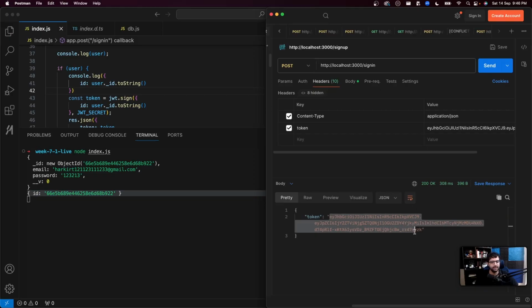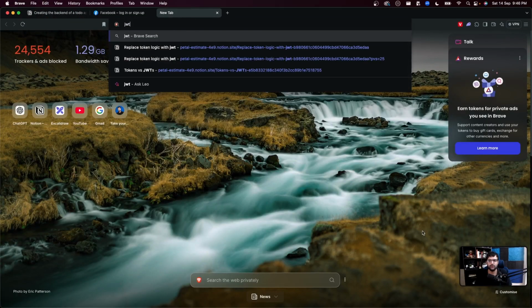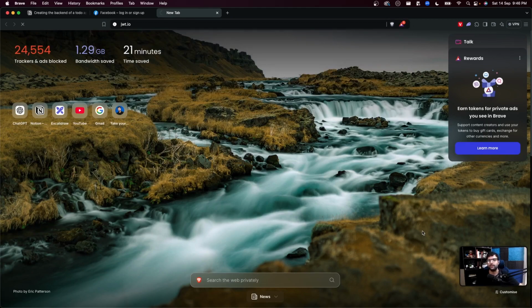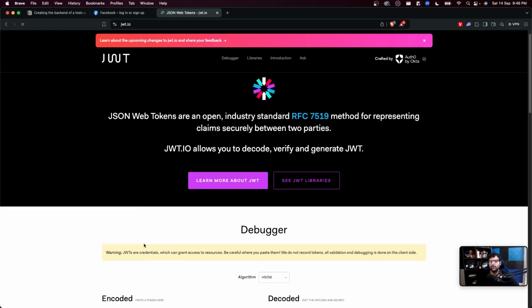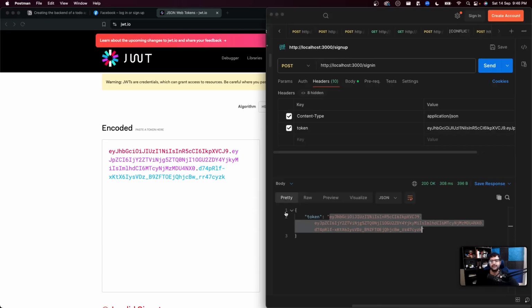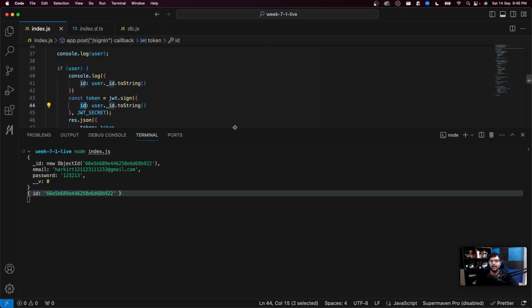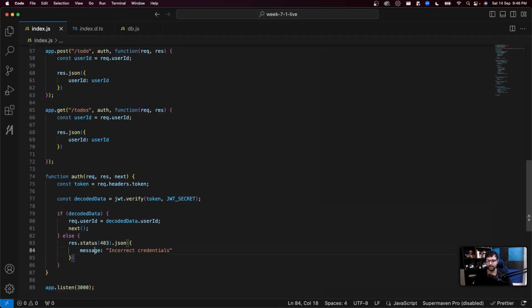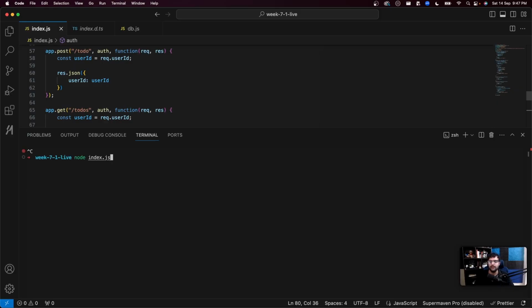Let me open the JWT on jwt.io and see what it gets decoded back to. And if I paste it over here, it returns me the ID. So everything is fine. What did I encode? ID. What am I getting when I am decoding? I say req.userId equal to decodedData dot, it should be ID. I was doing decodedData dot userId. That was the fault. Now if I restart this,